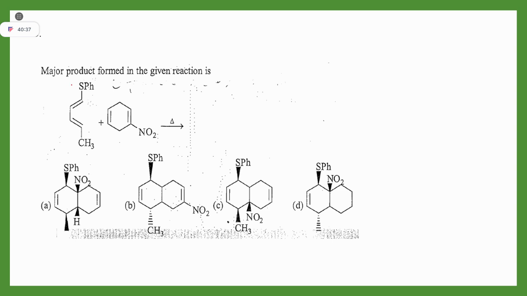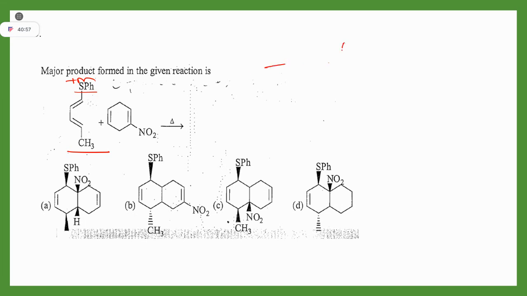Okay, tell me, among SPh and CH3, which is the more electron donating group? Sulfur will donate through its lone pair present, so we can call it plus M, and this is your plus I. So obviously,